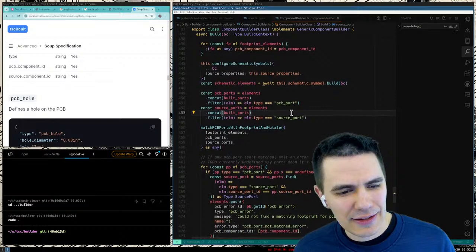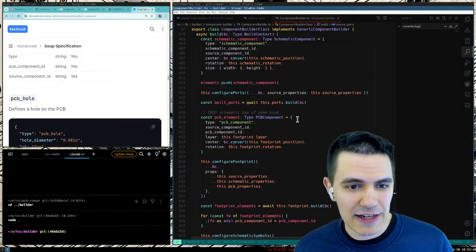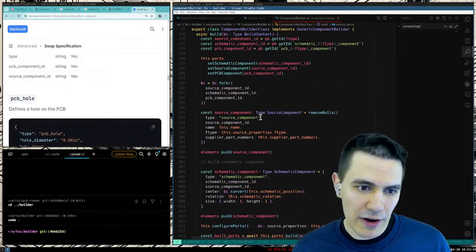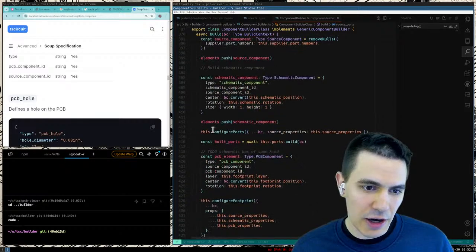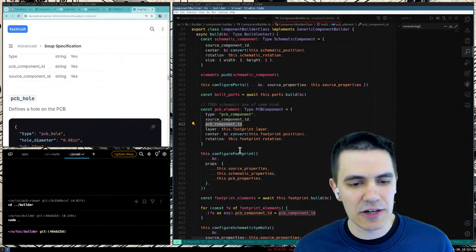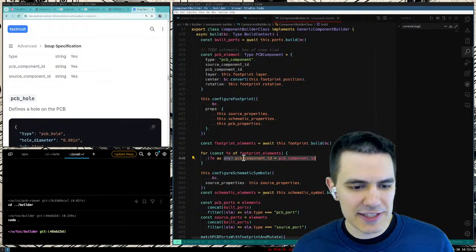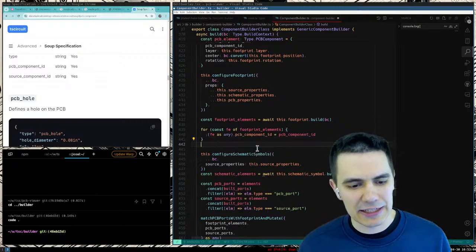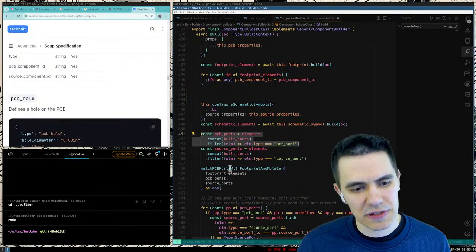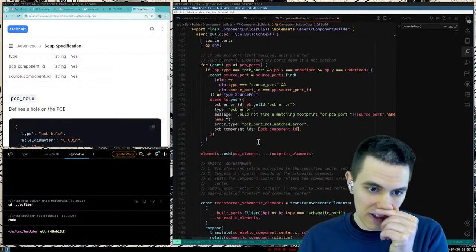the PCB component should probably compute it here, and then we should probably publish a new version, integrate that into the PCB viewer. I don't think it'll take very long, probably like 5 minutes. So let's figure out where that PCB stuff is done. All right, we're building. Go, go, go. PCB element. Okay. PCB component. Center rotation. Okay. So we configure the footprint. We get the footprint elements. Blah, blah, blah. We set the component ID. And now we're on the schematic. Although we are configuring ports here. Why are we configuring ports here? Match PCB. Okay, that makes sense. I don't think that alters the position. So